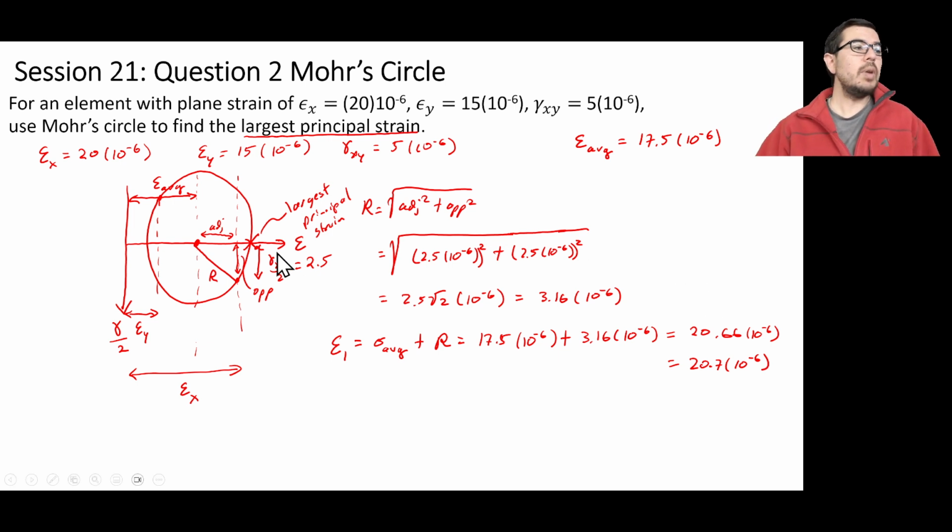What have we done here? Well, we have taken a state of in-plane strain. We've used Mohr's circle and calculated what the radius of that circle is, calculated where the center of that circle is, and then we've been able to calculate out the new value for the largest in-plane principal strain, which, if we think about it,